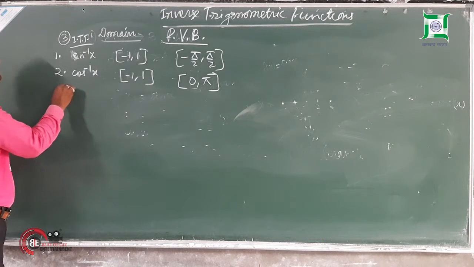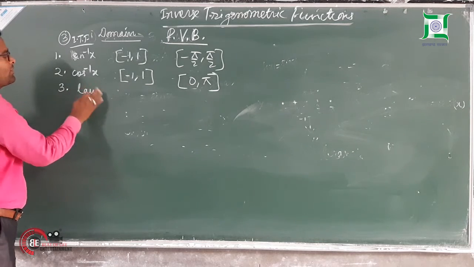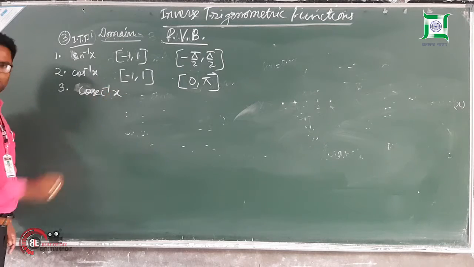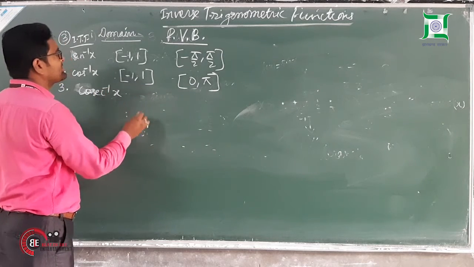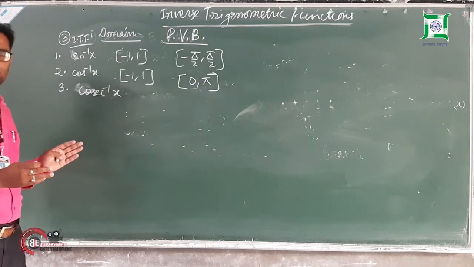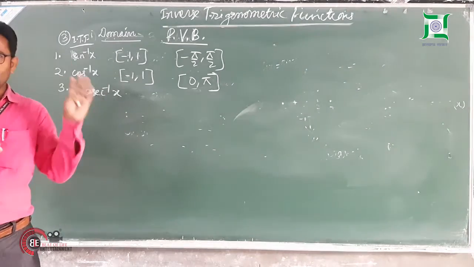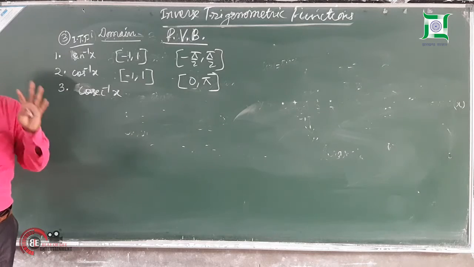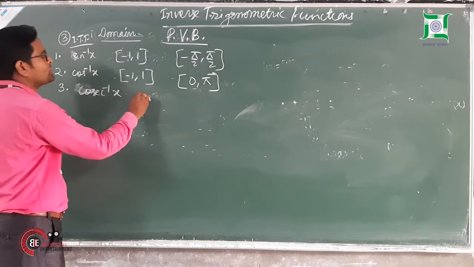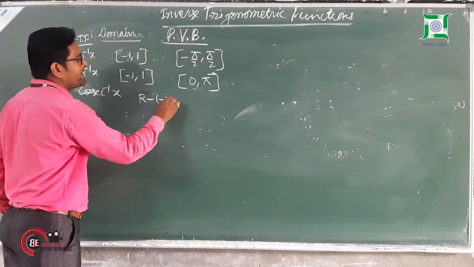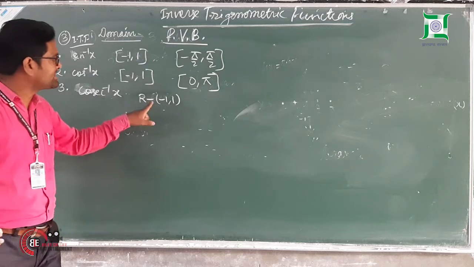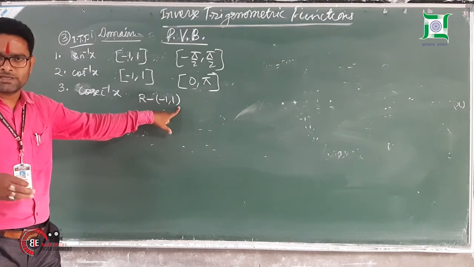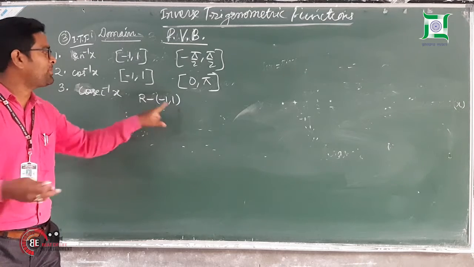Now for the third, tan inverse x, or we can say first of all cosec inverse x. Now see, the domain and range of these inverse trigonometric functions are correlated. Little bit changes are there, so you have to concentrate more and more. Its domain will be R minus 1 to 1. In some of the books, this sign is changed. So take care. It cannot be a square bracket, that is including. It cannot be a curly bracket also.